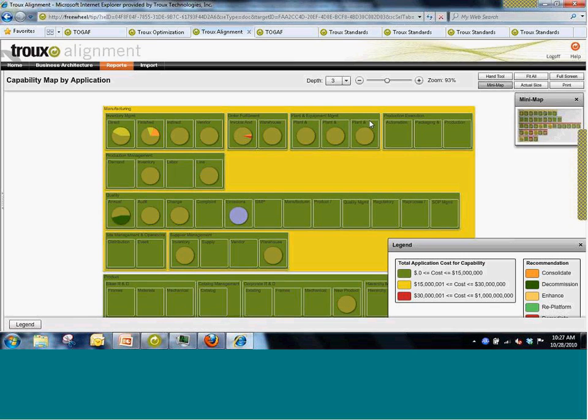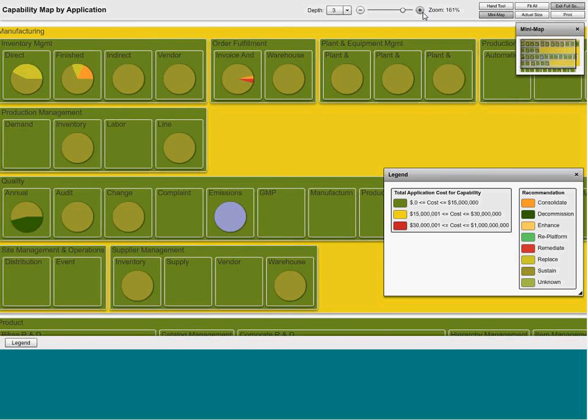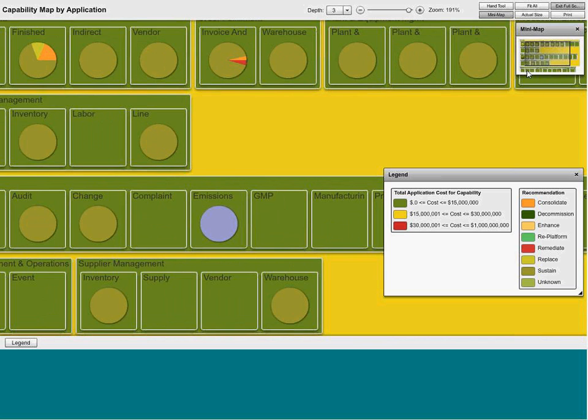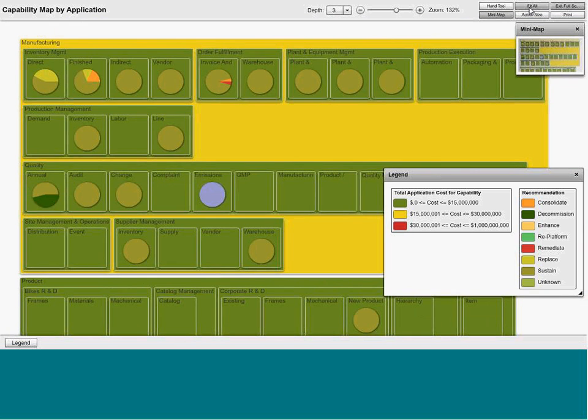For example, if I want to show this in full screen and then zoom out so that I can see more detail, I can use this pan facility to see more detail about what's going on here. And of course, I have the ability to always fit it back to the screen as it is. And we have deep facilities for printing because many of our customers want to use this in hard copy, building what we call wall art. So we have a very rich multi-page printing capability.